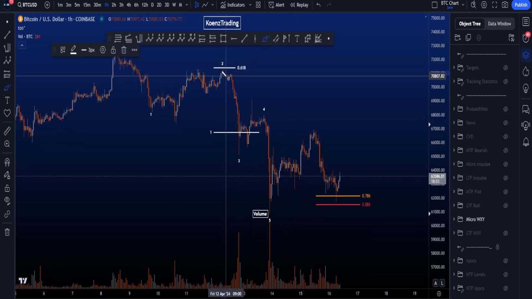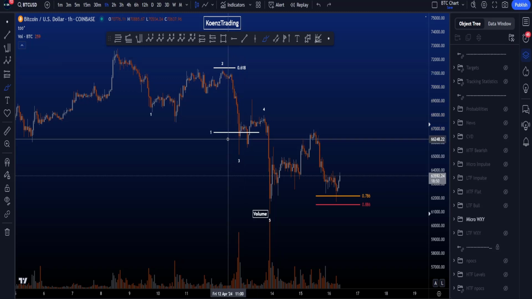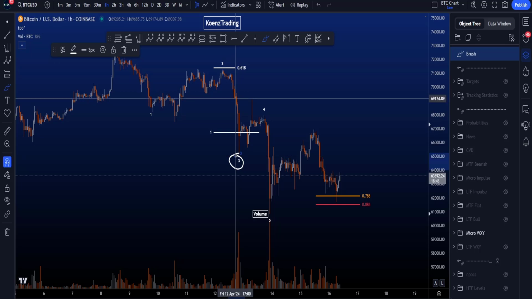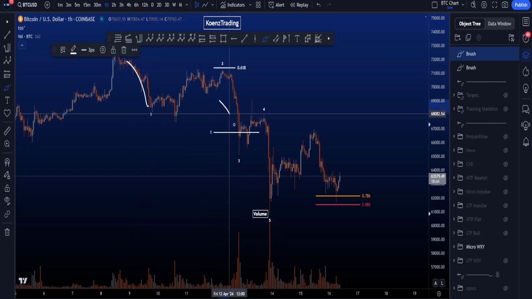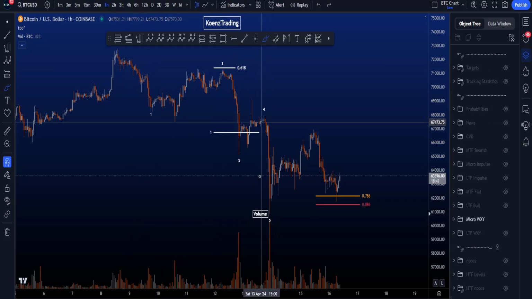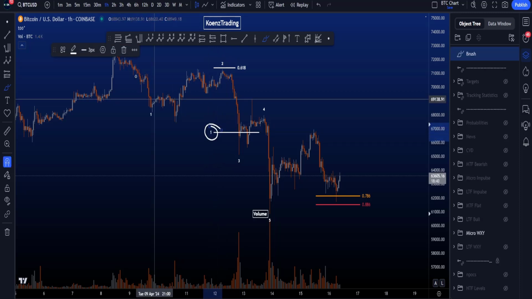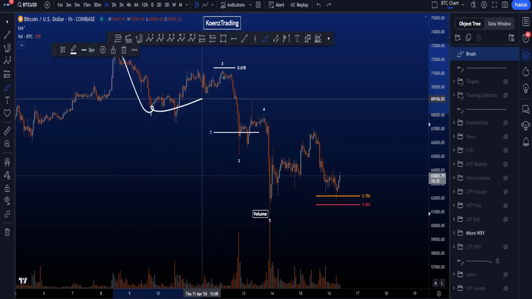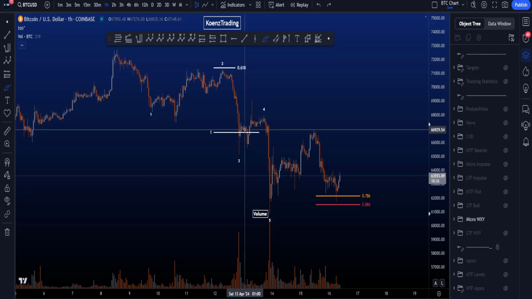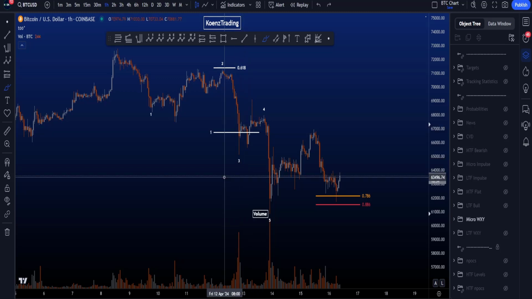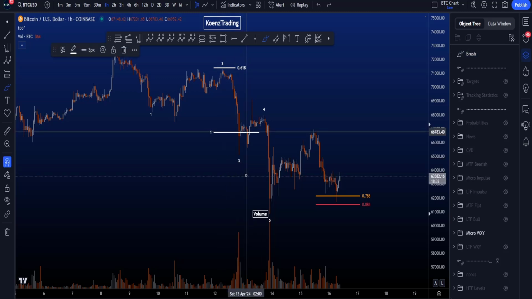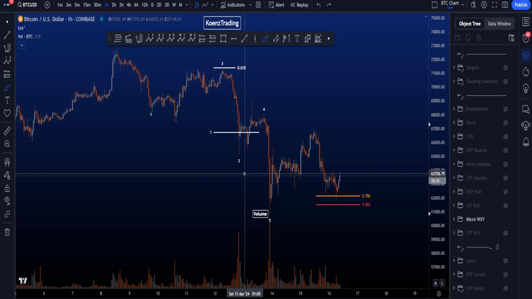If we then look at this wave 3, well, the minimum target for wave 3, or at least the minimum rule, is that a wave 3 is not the shortest wave out of a wave 1, wave 3, or a wave 5. And that is not the case because it passed the 1-to-1 taken from the high to the low of 1 to the high of wave 2, which is good to see, but a wave 3 usually does like to extend, as most commonly a wave 3 is the highest volume, longest, strongest wave in an impulsive structure,